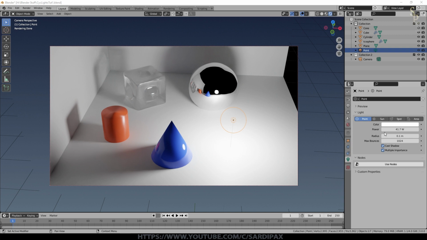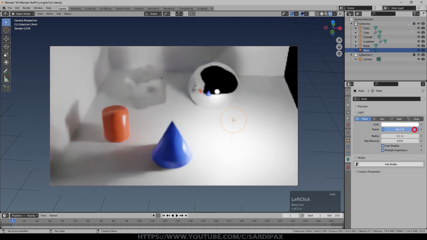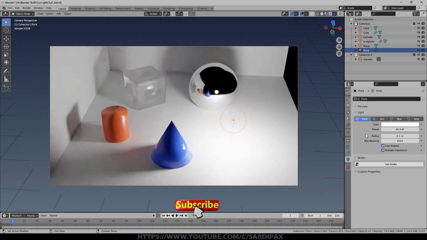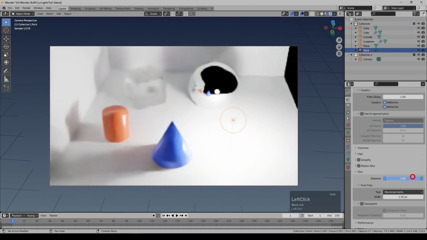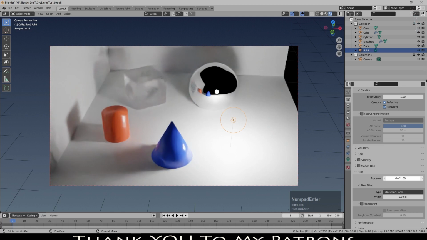I already spoke last week about the fact that you can vary the power of the light here, and a few people commented that you could also affect the brightness of the scene by changing some of the render settings such as exposure and things like that. So you have that here under render properties, and you can see there's an exposure setting here, and it brightens or dims the scene. But I generally just leave that at 1.